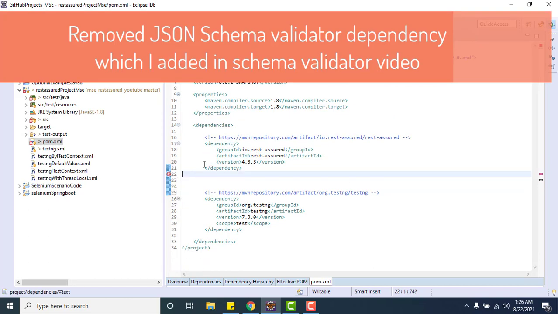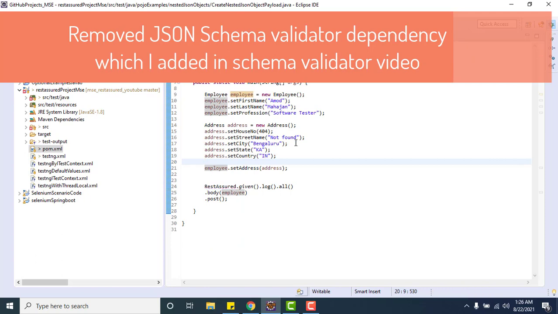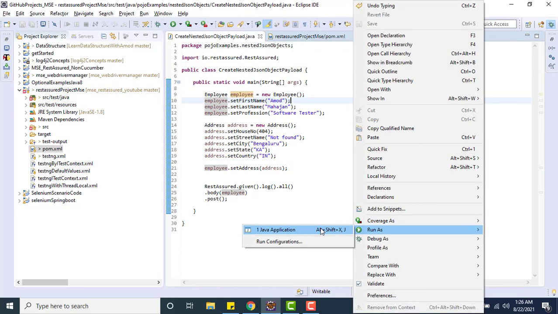Okay, so now I've removed that particular dependency, and let me run the same example again, whatever we ran before removing the JSON schema validator dependency from pom.xml. So let me run it and see what happens.